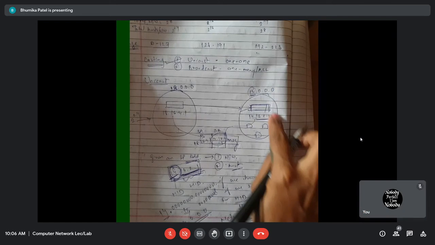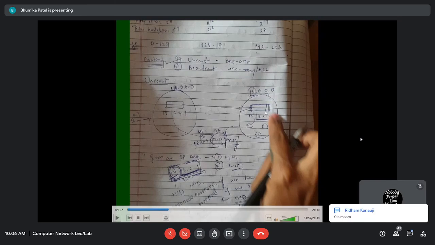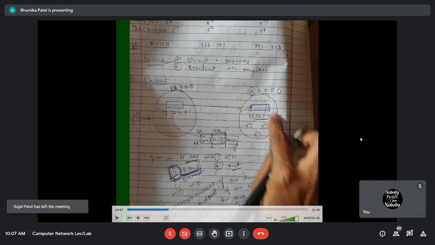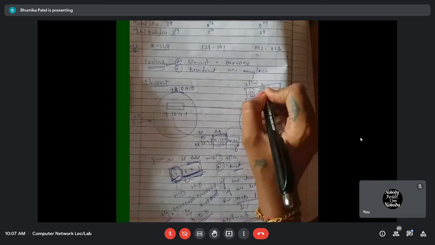Okay, you will be given a destination address in the question, and you have to identify the network address. So you have to identify which class it belongs to. You need to know the ranges, only then you will be able to identify the network address. If it is class B, what do you keep? The first 2 bytes as the network ID, and the remaining 16 bits you make 0. If it starts from 128 to 191, then it is class B. If it is 192 to 223, then it is class C. So you have to keep the first 3 bytes as it is, and only convert the last 8 bits to 0. So the first IP address we cannot assign to any device because it is a network address.